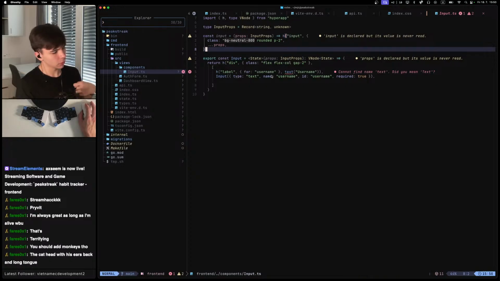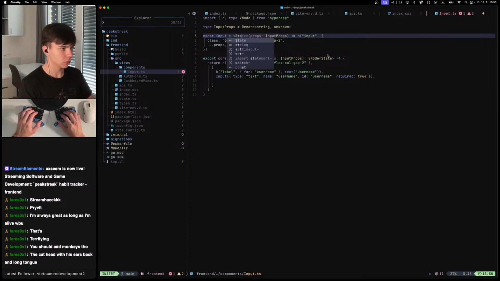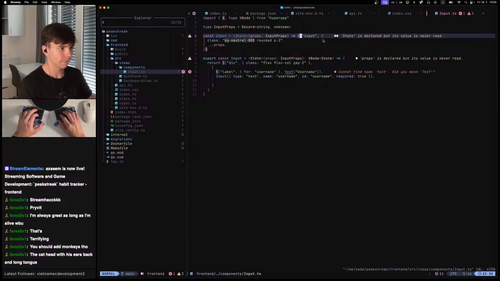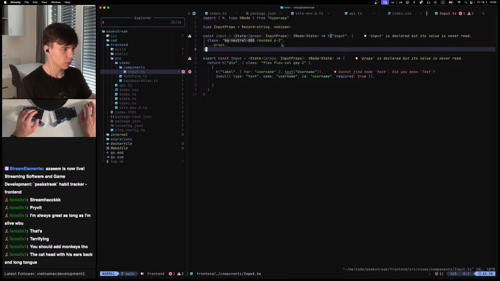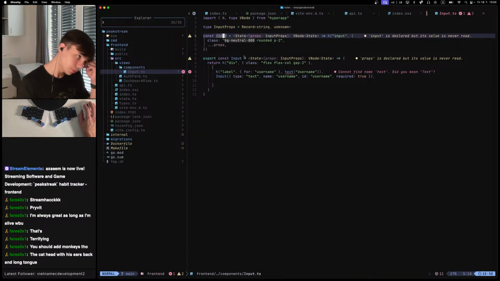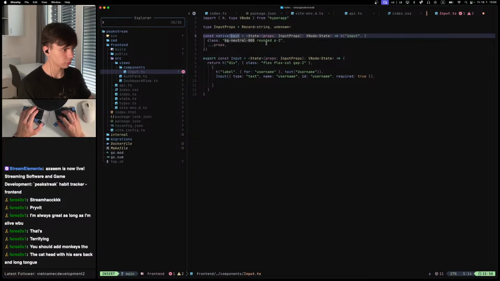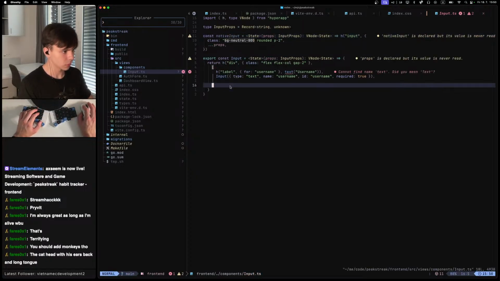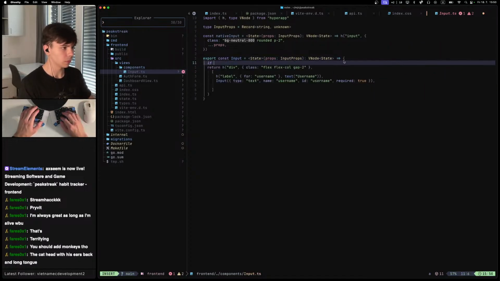Just like that. Then also need to do state here. Node state. Then I probably want to call it native input. Then what I'm gonna do here is if props dot